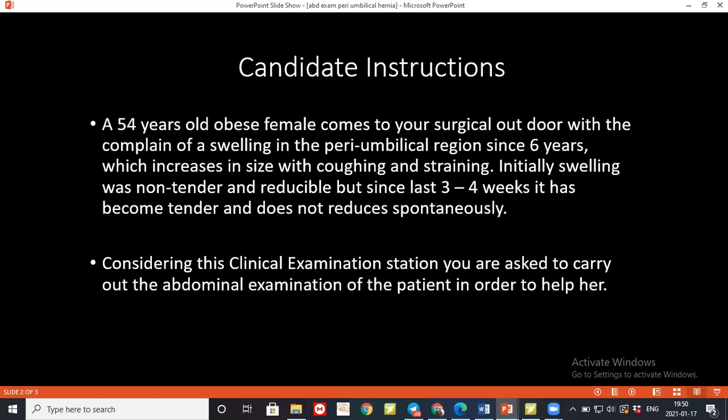She complained of swelling of the umbilical region, and the swelling has been there for the last 6 years. However, the swelling is reducible, and right now it's becoming tender and gradually turning non-reducible recently. On physical examination, the patient was slightly in pain, for which I offered pain medication, and the examination was